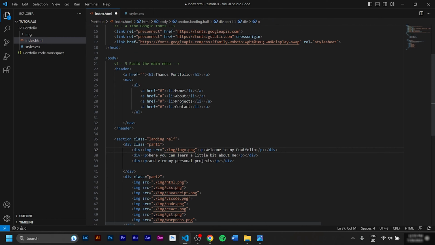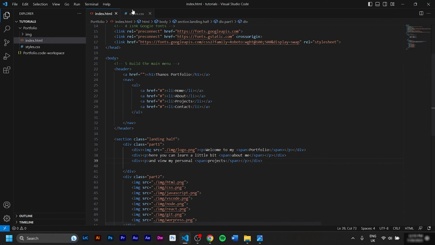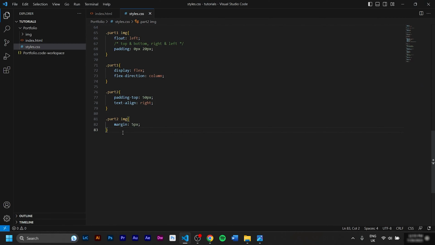So we'll open a span on the word portfolio. We hold down Alt on the word about me and on the word projects, and we open span, close it, boom. Now let's put all these three words inside the span by clicking, highlighting, and drag and drop. Boom. Right now, in the page, nothing really changed, but we'll go to CSS and we'll style the